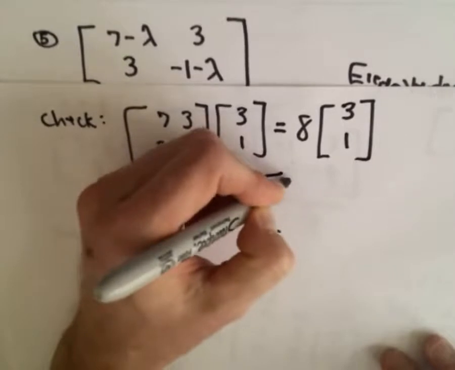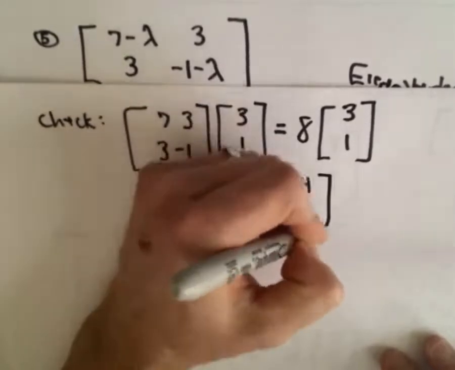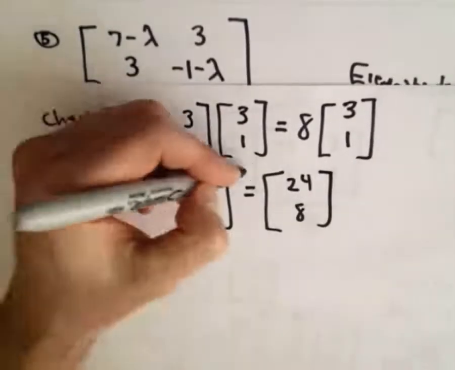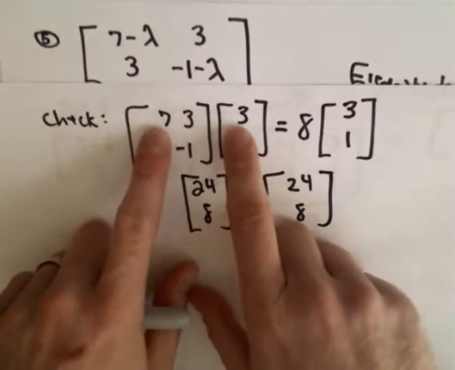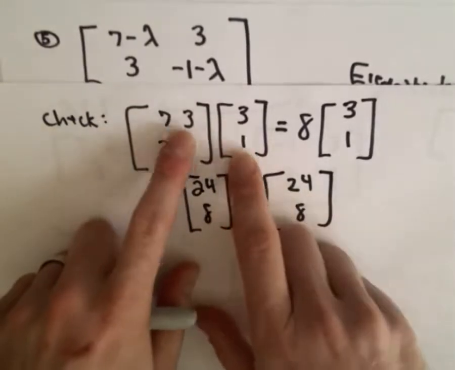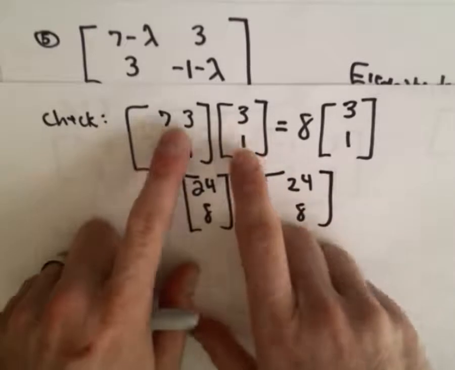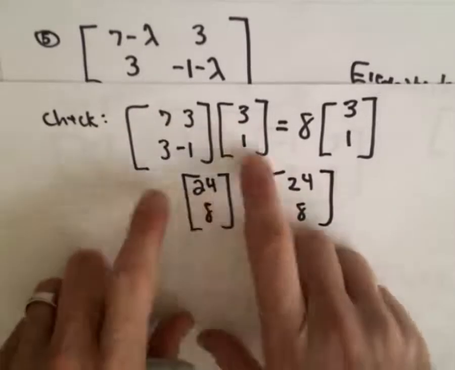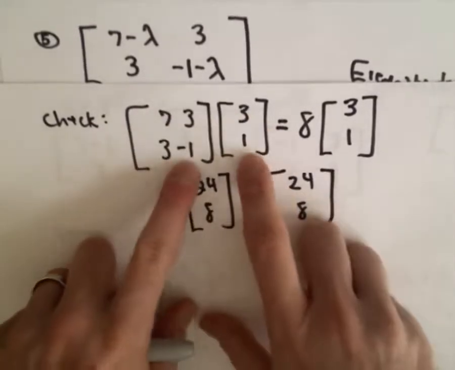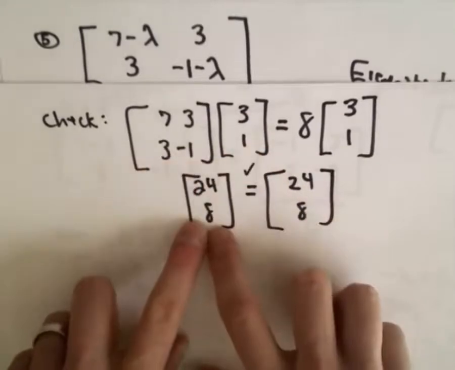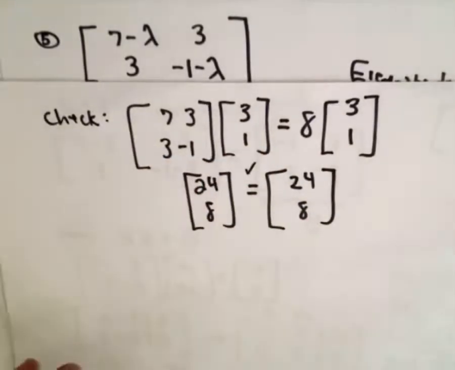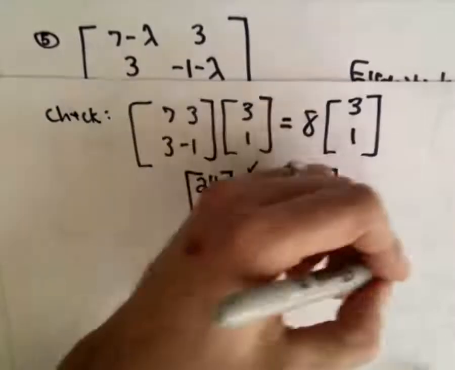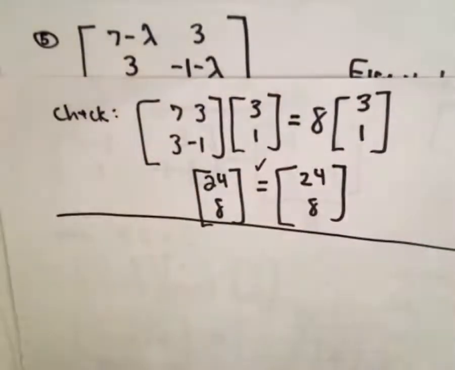And on the right, we'll get 24 and 8, just like we should. So you can always check it. Again, 7 times 3 is going to be 21. 3 times 1 is 3. So 21 plus 3 will give us 24. 3 times 3 is 9, plus a negative 1. Well, that's 9 minus 1, which gives us 8 on the left. So, hey, in fact, that does work out. Okay, so